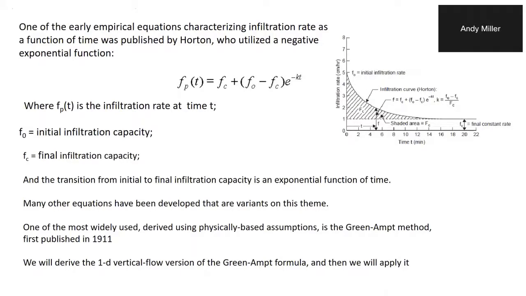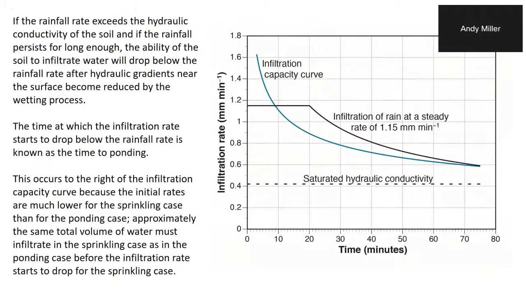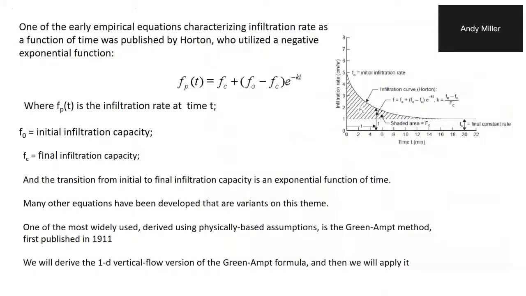So what he did was to observe that if you look at the shape of these kinds of curves, they look like negative exponential functions. Turns out they don't necessarily all fit negative exponential functions, but he thought that was a good function to try. And so what he did was to basically say, okay, I'm going to create an equation